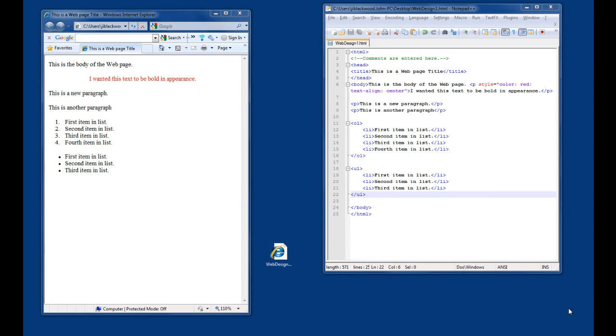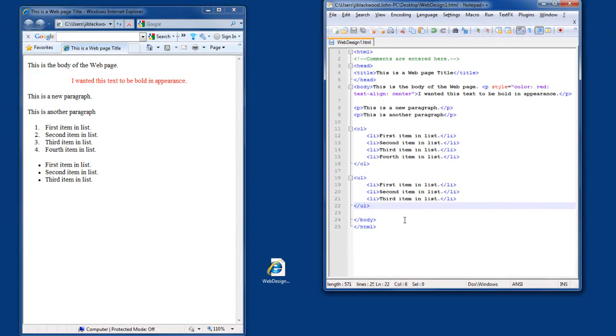Let's add an image to our web page. And I'm going to do this by clicking at the end of the unordered list and inserting two blank lines. And I'm going to insert an image by using the image source element. And I do this by, and I'm just going to paste it in there, by using image source, or src,